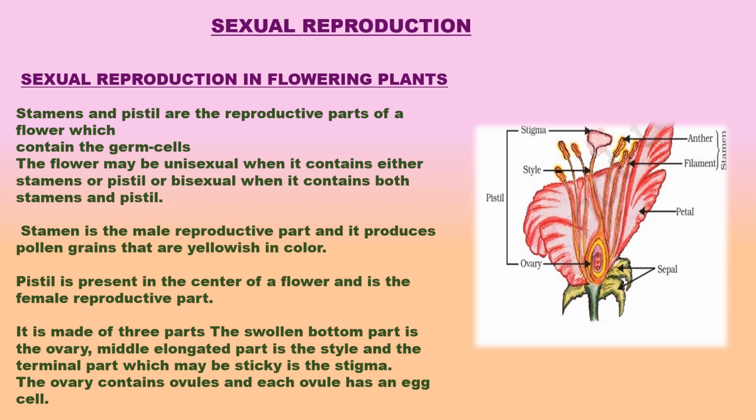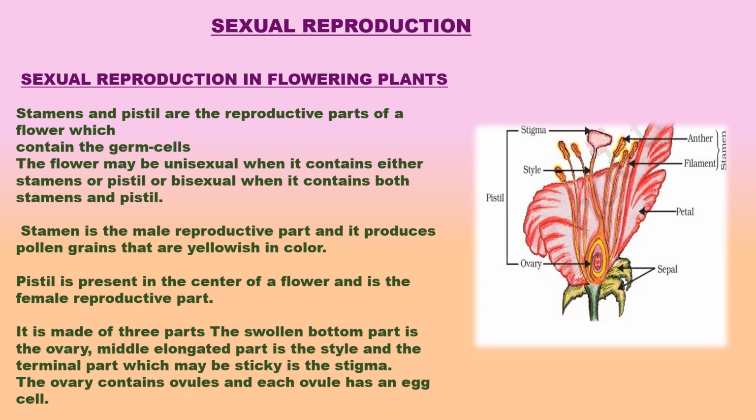Receptacle. The base of a flower to which all the parts of a flower are attached is called receptacle. Sepals. The green, leaf-like parts in the outermost circle of a flower are called sepals. All the sepals taken together are called calyx. The function of sepals is to protect the flower in its initial stages when it is in the form of